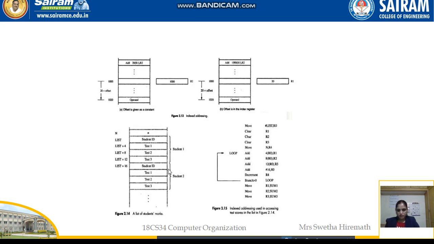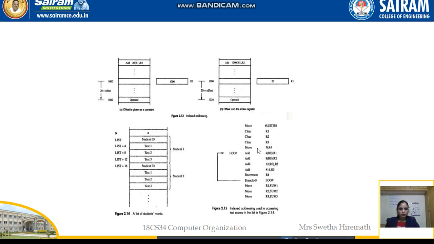Moving to the next example, here we have a list of students' marks. We can see the list: student ID, test 1, test 2, test 3, then student ID, test 1, test 2, test 3. Based on the student IDs, we are going to store the marks of each student for three different tests.